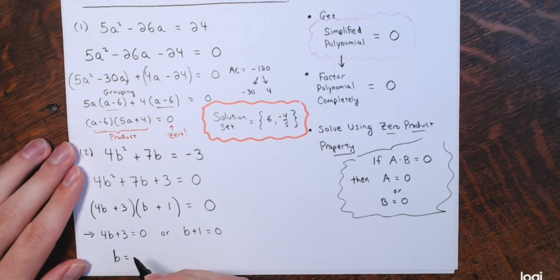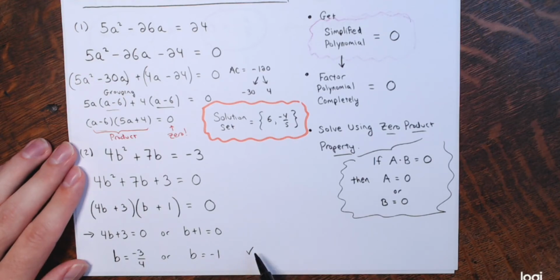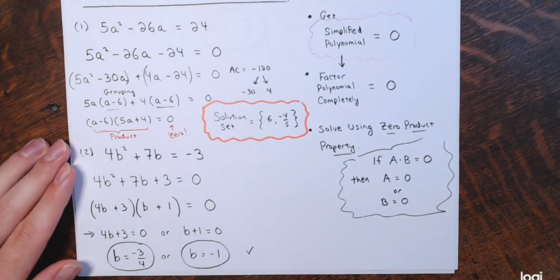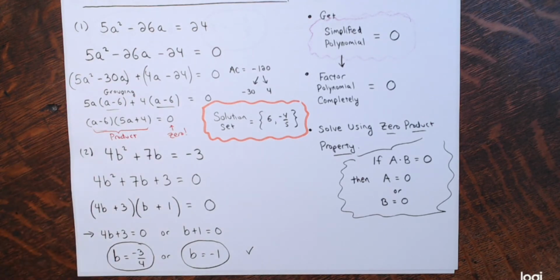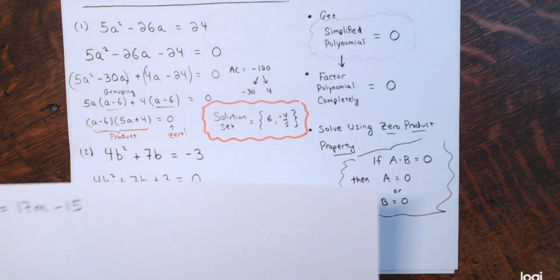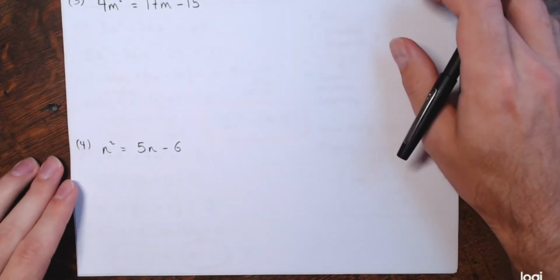All right, so b equals negative 3/4, right? I would subtract 3, divide by 4. Or here is just subtracting 1, b equals negative 1. And again, don't forget to check. I'll put a check mark next to remind you, check your solutions back in the original, but they will both work. Okay. All right. Same steps every time. All right, so this time,